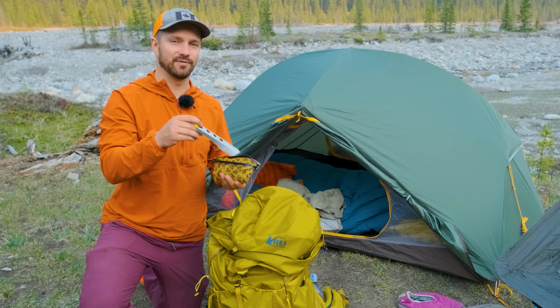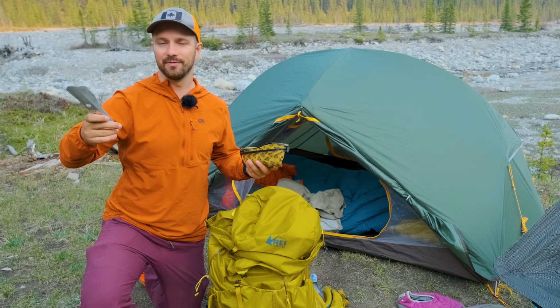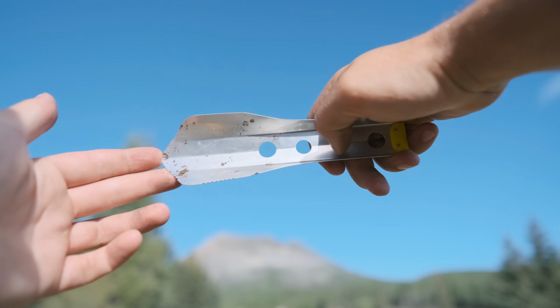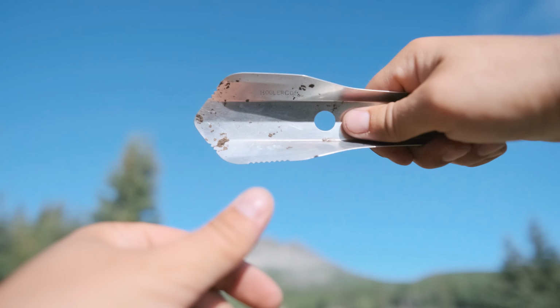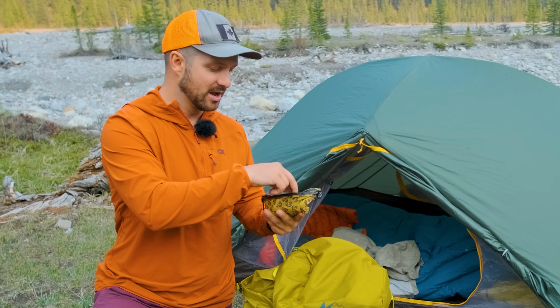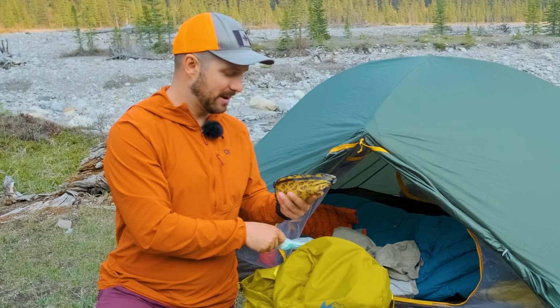Always bring a trowel. If you're camping at a campsite like I'm at now, you'll have an outhouse, so you don't need a trowel. But if you are random camping or you're in an area where you're digging cat holes, the Bogler trowel is a great option. It's lightweight, it has serrated edges in order to cut through roots, and it's just very ergonomic and easy to use. I also bring hand sanitizer, and then you can bring toilet paper if you're into toilet paper, but I'm